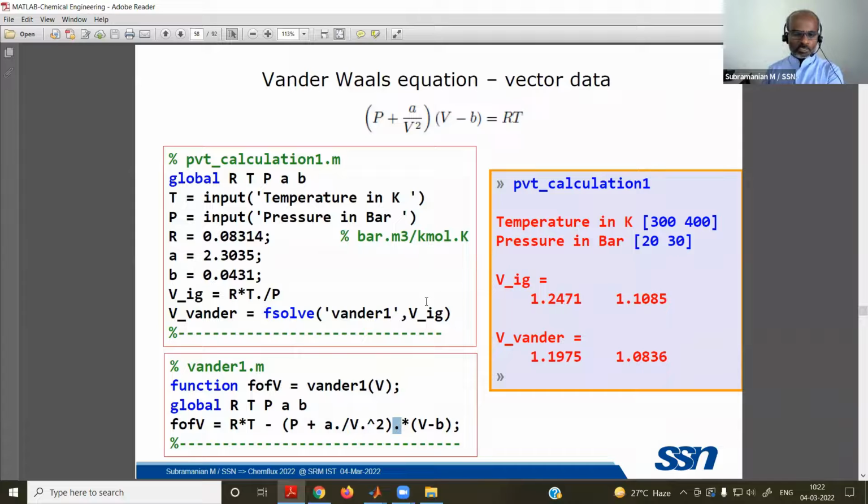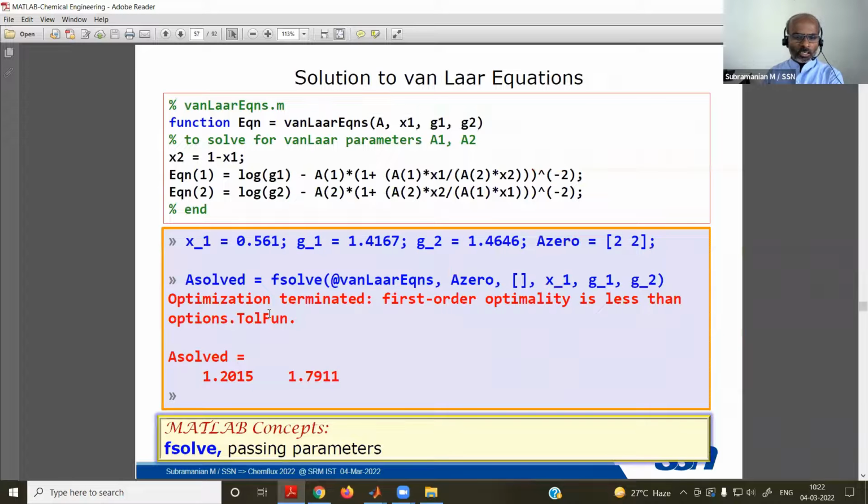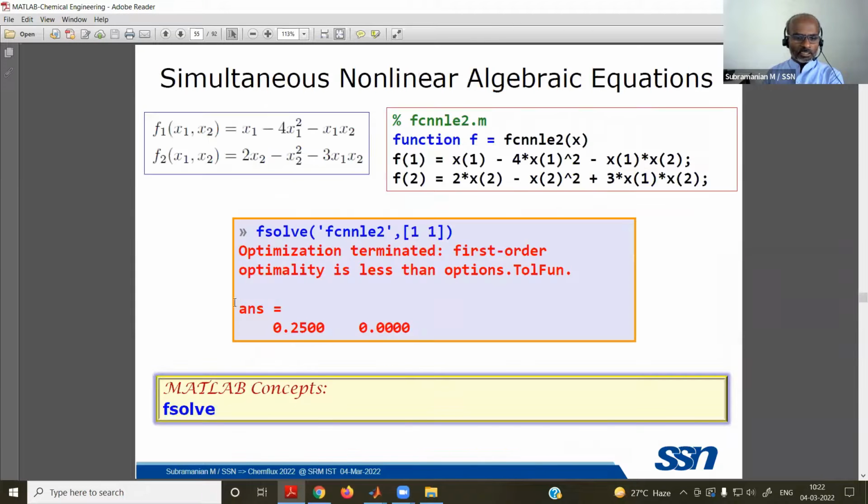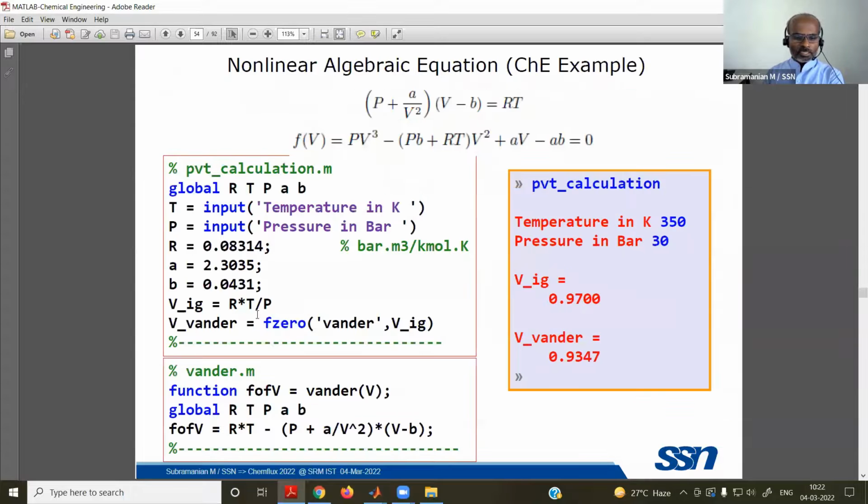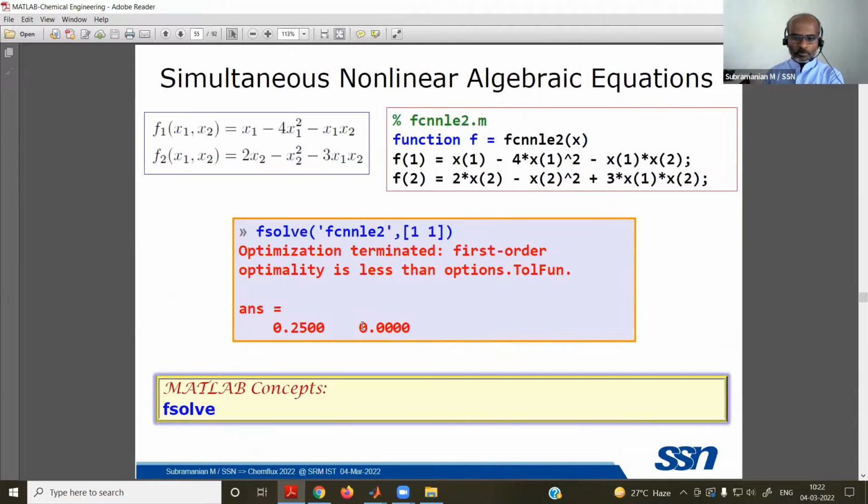Because of this usage, we can handle array input. So for array input or array output, you need to have this proper usage of dot. If it is a single data, there is no need for dot. That's what we are seeing here. So single data, single temperature and single pressure, there is no need to have any dot usage.